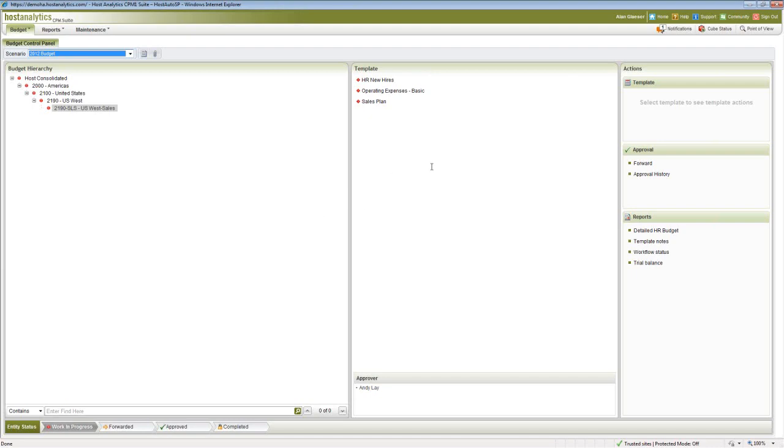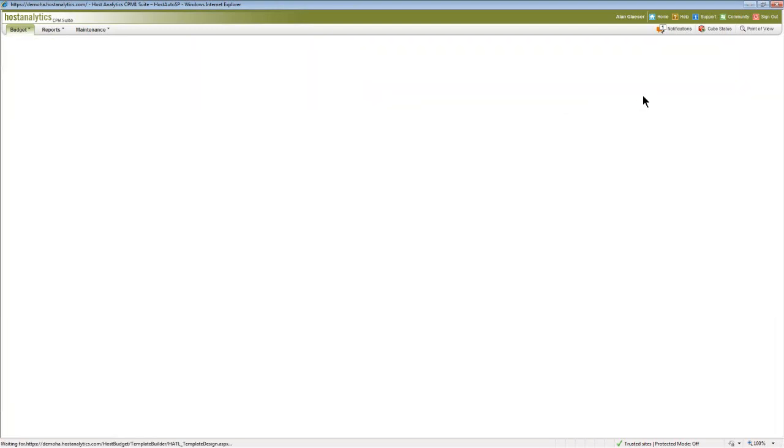And then finally, over on the right-hand side, you'll see a status or an actions screen. It shows where I am in a workflow process. So let's say that Alan is responsible, first of all, to input some information regarding projected sales. So for his department, we've set up a template that will represent the sales that he is going to be responsible for. So over here on the right, I'm going to go into Input,